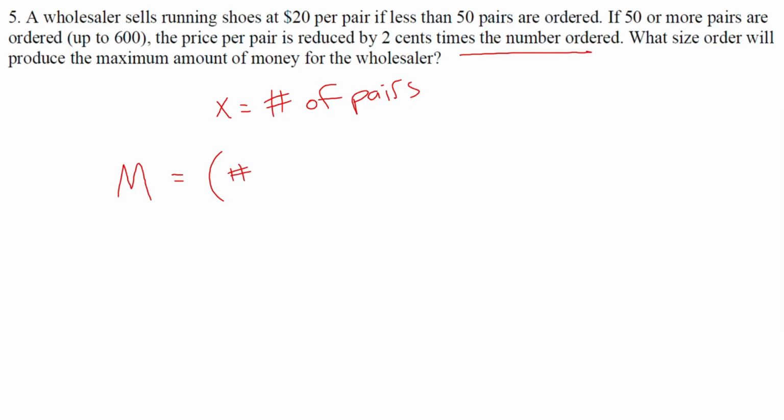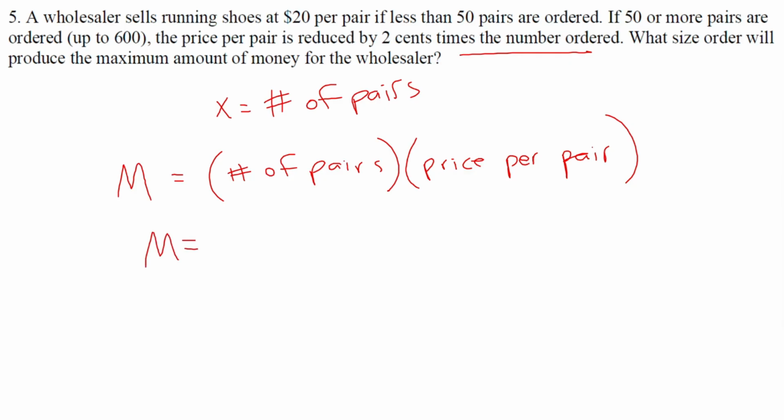And I'm going to write this again in words, right? It's the number of pairs they sell times the price per pair. And I think this is easier for people with these types of problems to look at it this way in terms of words first. Then that amount of money that we've got is the number of pairs, which we've just said is x, times